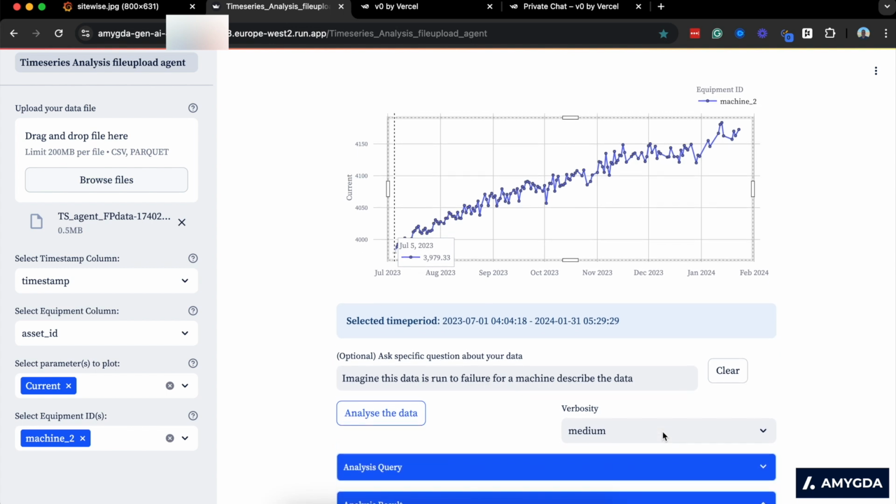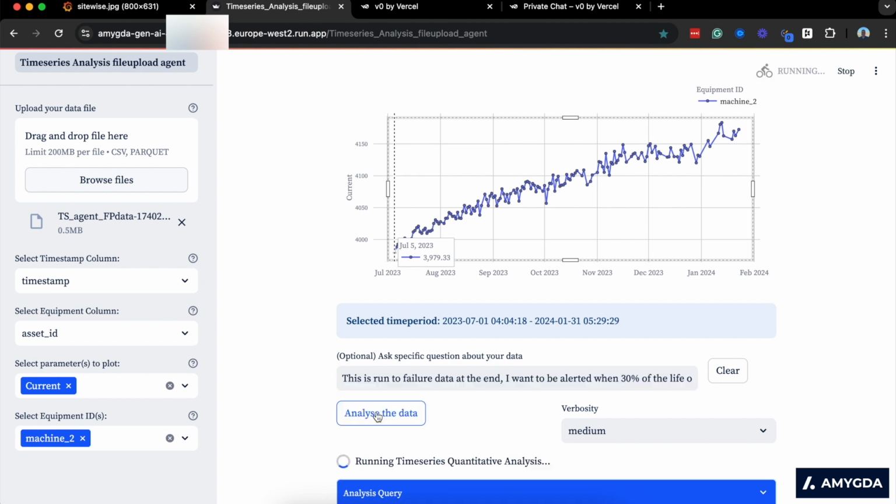Okay, so I can then do things like, okay, this is run to failure data at the end. I want to be alerted when 30% of the life or health of the machine is remaining. When would that alert notify me? This is a big question, so I'm just going to copy it, make sure that I can stay with it,